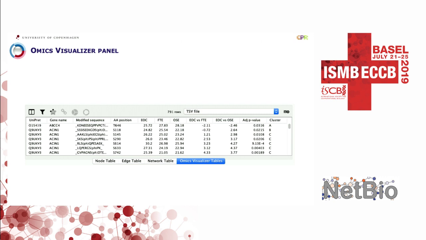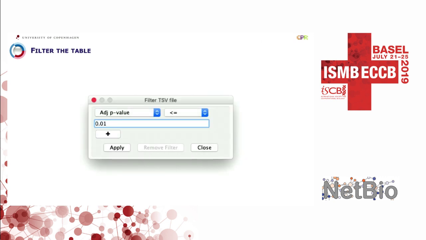The particularity of this data, as you can see, is that you have several rows with the same proteins. It's proteomics data, and we have here the different sites for each protein. So here we have this protein with at least 9 sites. One of the features of Omics Visualizer is to filter your table.